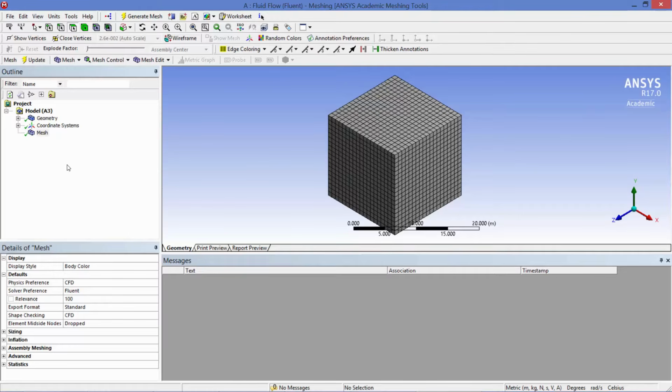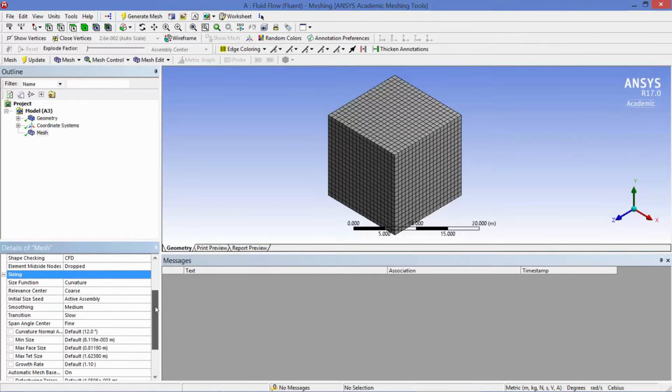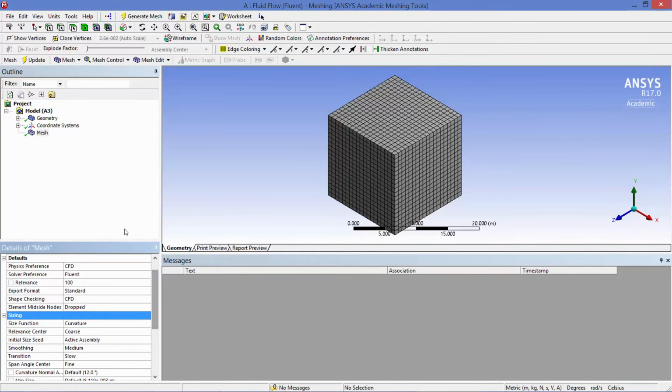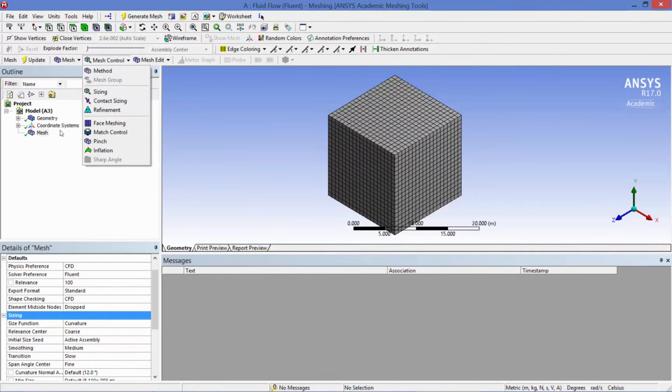Most of the time you'll want more control over mesh density, and you can do that either through global mesh controls or with local mesh controls. The global controls are found in the Details area for the Mesh branch. Local mesh controls are inserted at the Mesh branch from the Context toolbar or with a right click. A quick way to modify the mesh